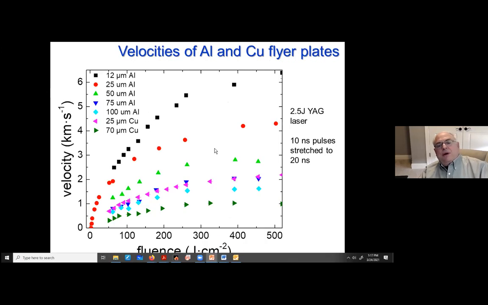So using that Doppler velocimeter, here's some speeds of flyer plates. This is the range of the laser we're using now in terms of energy density. And the new system I'm building is 5 times as much energy, so that will be interesting. Our workhorse, and everything I'll talk about today, is 25 micron aluminum foil. And that's the thickness of the Reynolds wrap in your kitchen.